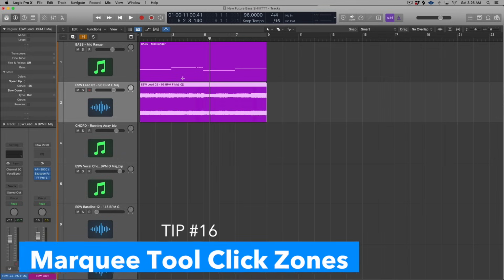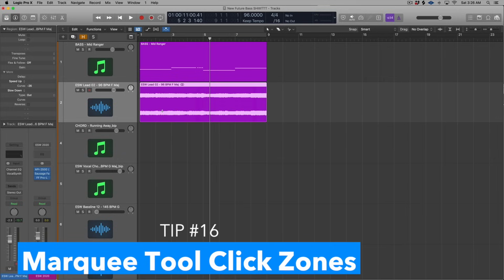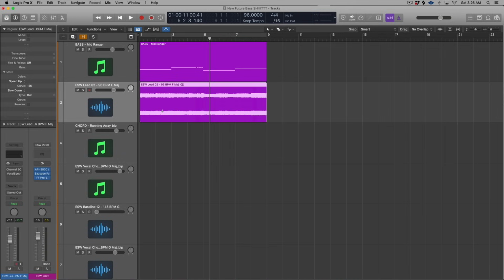All right, so there's one other thing we can do in our quest to avoid neuropathy, and that is we can turn on what's called the Marquee tool click zone. I don't know why these names are so stupid. They're a mouthful, but basically what we want to do is we want to make Logic more like every other DAW. So for instance, if you load up Ableton and you hover over a region, an audio region,